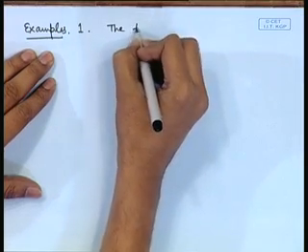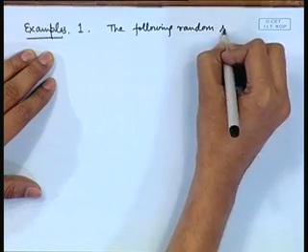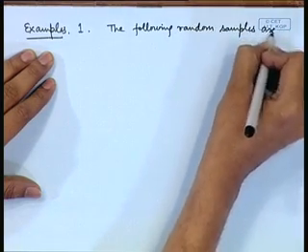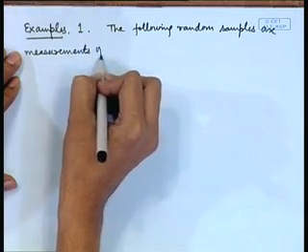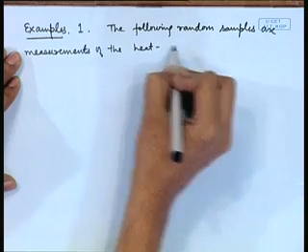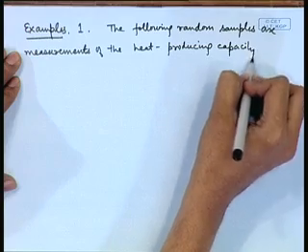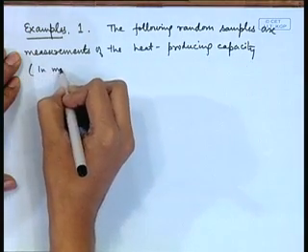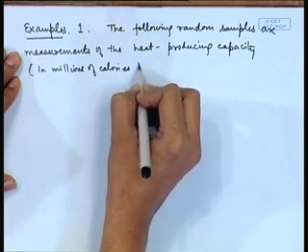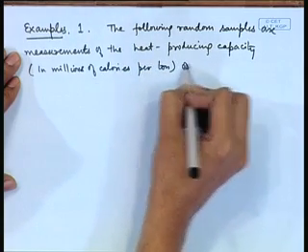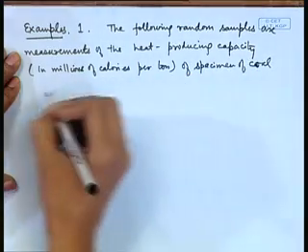The following random samples are measurements of the heat producing capacity, in millions of calories per ton, of a specimen of coal from